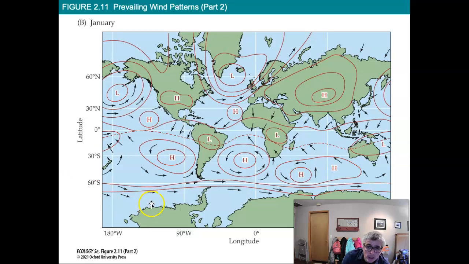Prevailing wind patterns. So here we've got a high pressure and a low pressure. This is a gyre. So from the high pressure to the low pressure, wind or atmosphere wants to move this way. It's caught by Coriolis, moving to the left towards the equator here. And a similar thing here. High pressure, low pressure, atmospheric air wants to move towards the low pressure. It's getting pushed to the left, surrounded by low pressure systems, so it creates these gyres here.